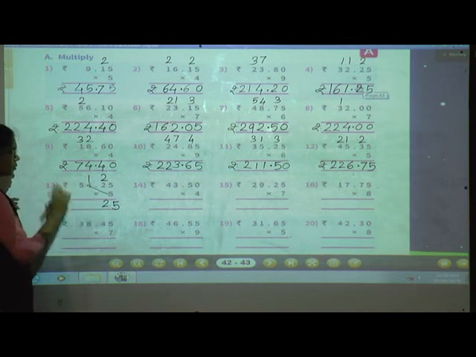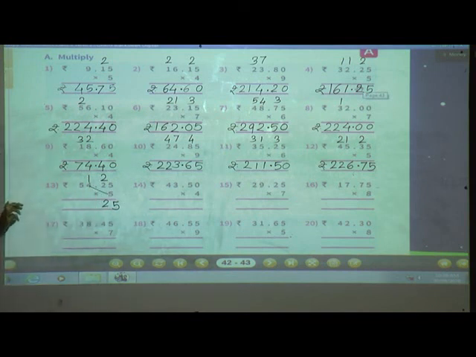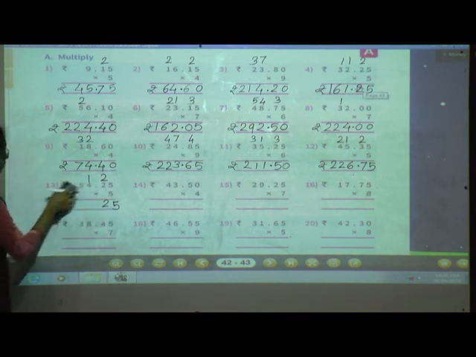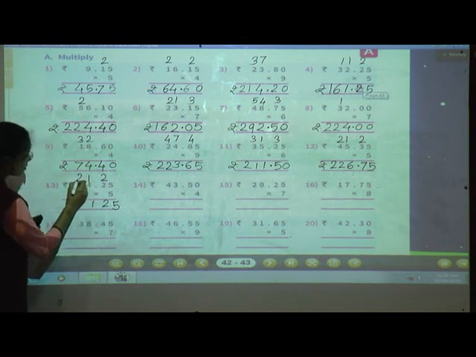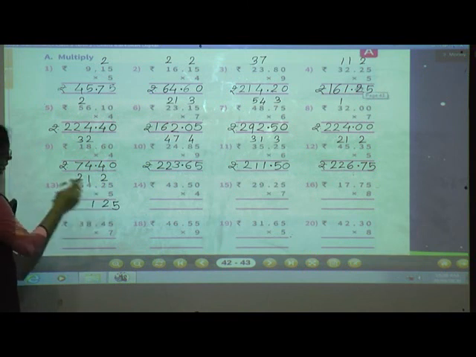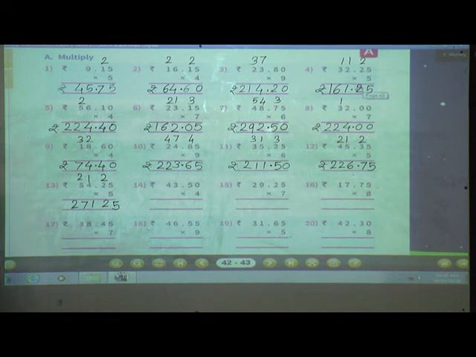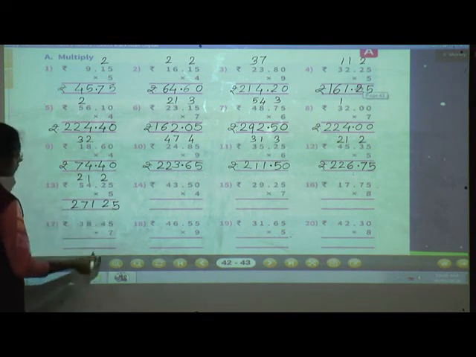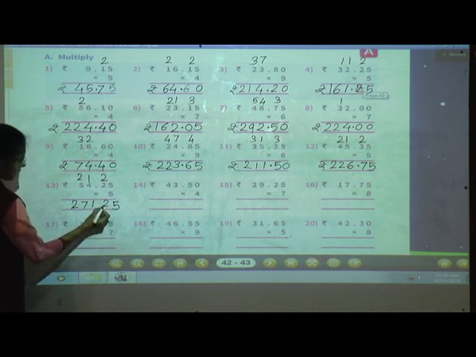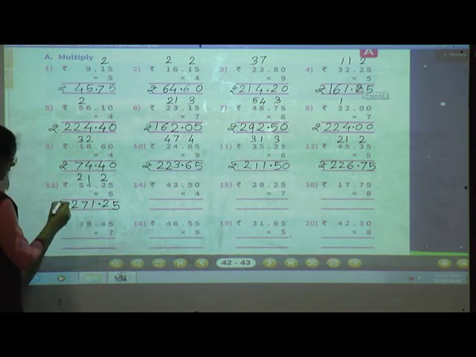Then you have to do 5 into 4, that is 5 4s are 20. 20 plus 1, 21. Okay, so here we'll write 1 and 2 as a carry. Then you have to do 5 into 5, 5 5s are 25 plus 2, 27. So write here 27. Now give a dot before second digit from the right side. So 2 is the second digit from the right side, so before 2 we have to give dot.